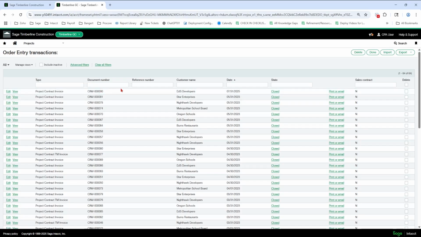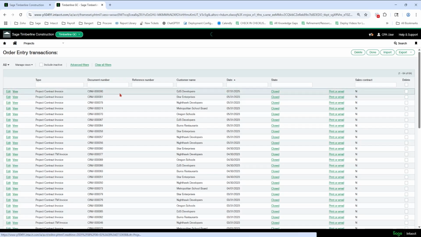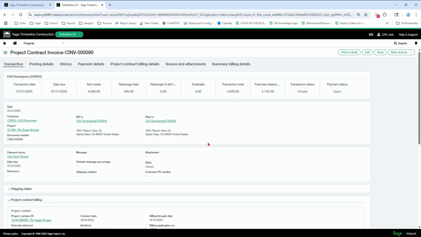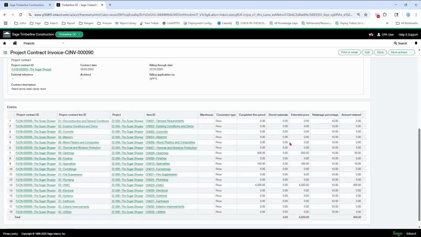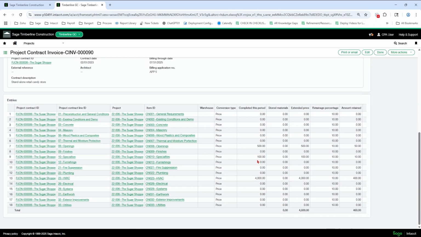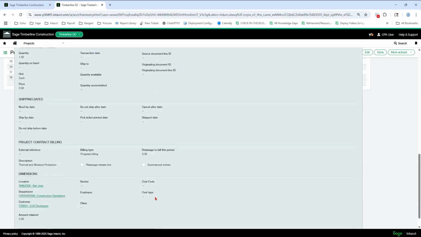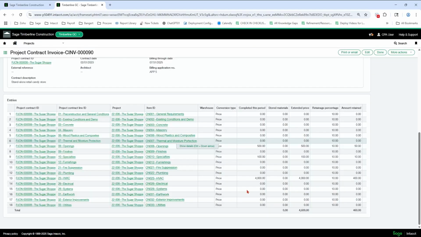And it's at the top here. I'm going to go into the screen and look at the actual screen it generates to show you how this looks. So I've got the header info, got some information up here. Here's what I actually filled out and completed in the prior screen. The amount retained. Also, don't forget there's show detail lines when you're looking at lines. So don't forget that is there.